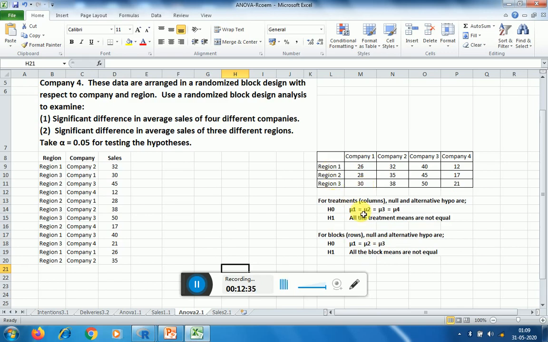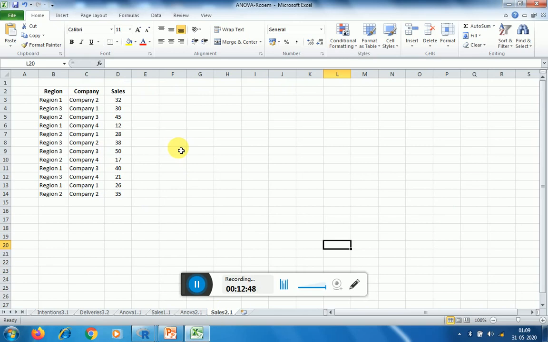So if we want to perform such type of analysis, again normally the data is available in such format: region, company and sales. So this data is separately taken on another worksheet. This worksheet we will again import in R.